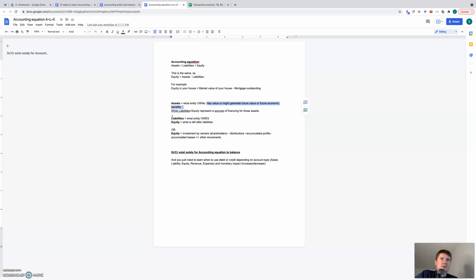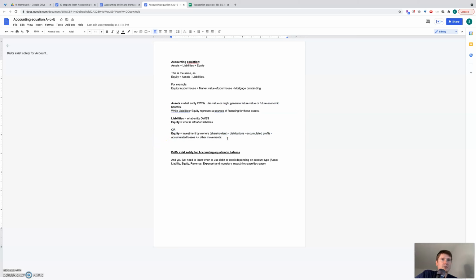A liability is the amount of what you owe to someone, and the liability shows you the future economic outflows from your entity. So for assets, future economic benefits flow into your entity, and for liabilities, future economic benefits flow out of your entity. We will dig a bit further into that concept later in the course. So far,